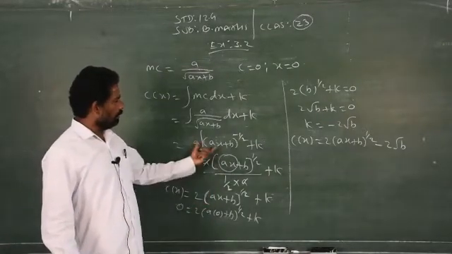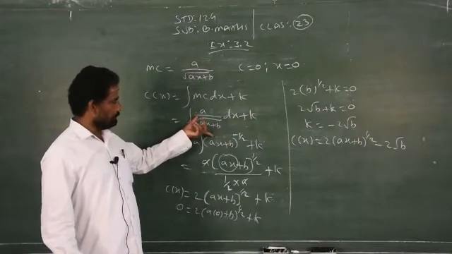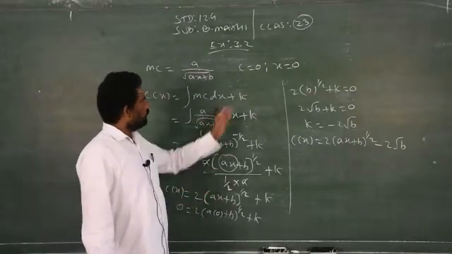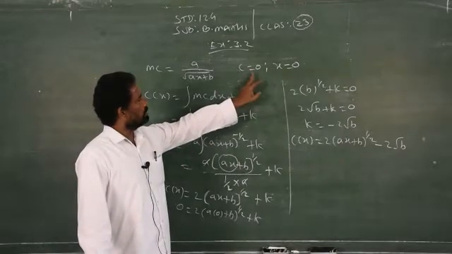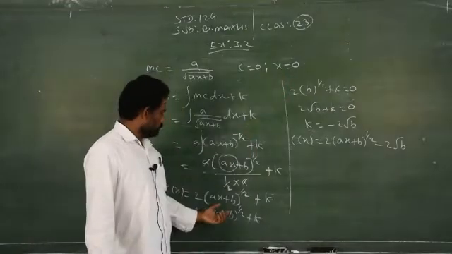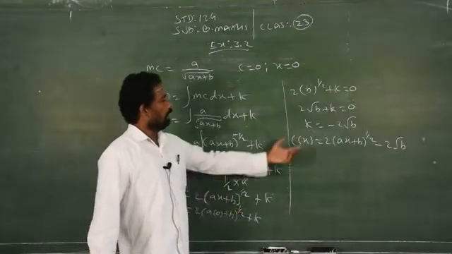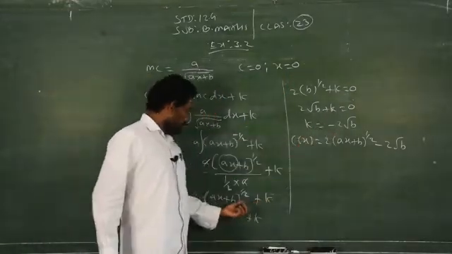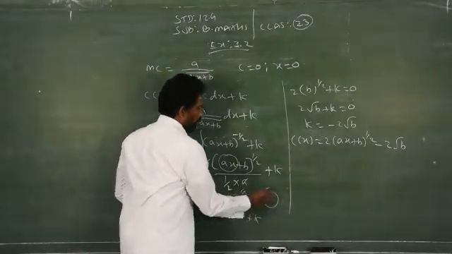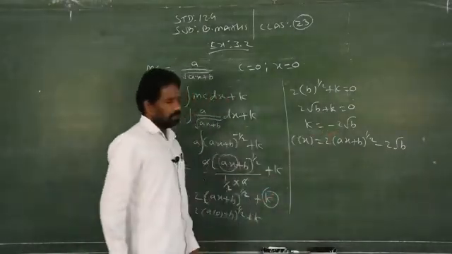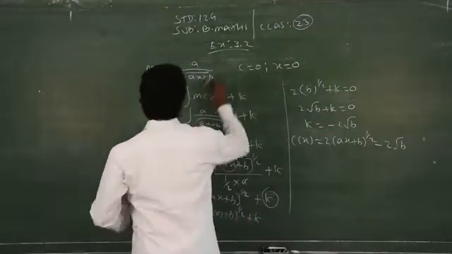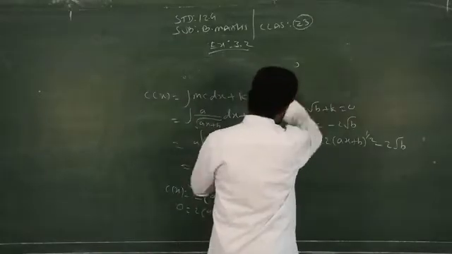So, you can follow any one method to integrate this, the indefinite method. This model we did already in chapter number 2. Here no units and no cost are given, that is, x equal to 0. Substitute to find the value of k. After finding the value of k, you have to replace it in the integration format. You have to replace this k by minus 2 into root b. Clear? So, next we will go to sum number 9.